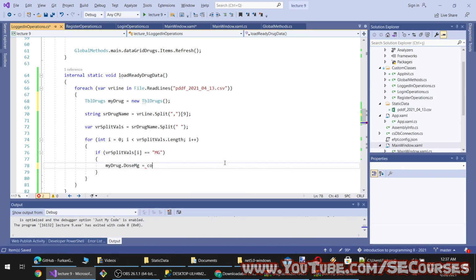Equal to convert to int 32, split vals and i minus 1.